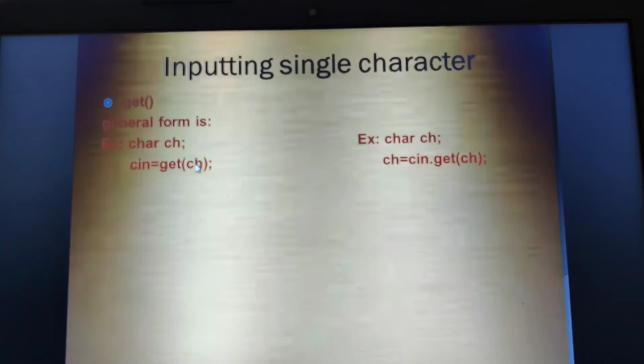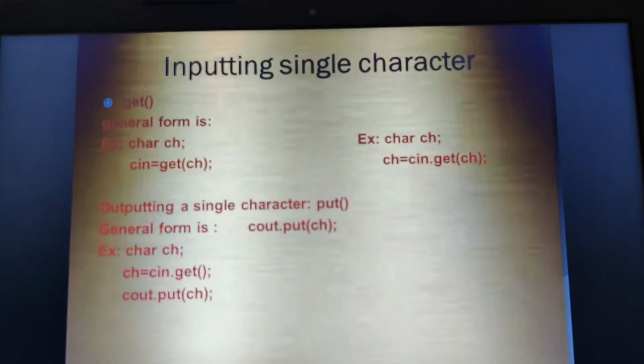get, followed by its variable name, is equal to cin. Or you can even write it in this way, like cin dot get ch, and then store that in the same variable, ch. So either of these syntaxes you can use to read a single character.